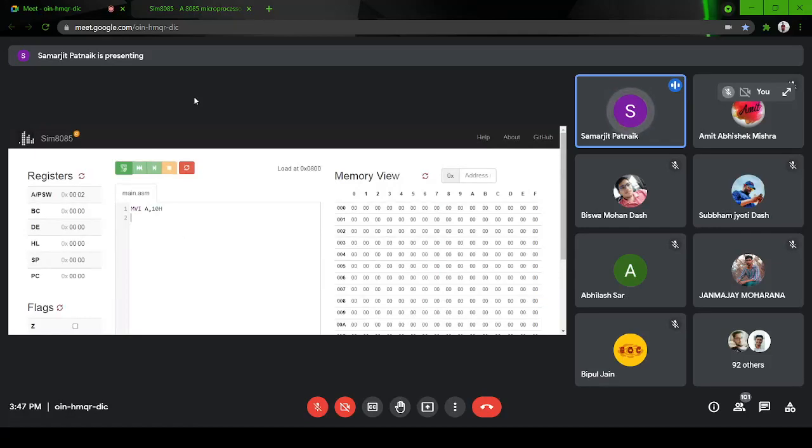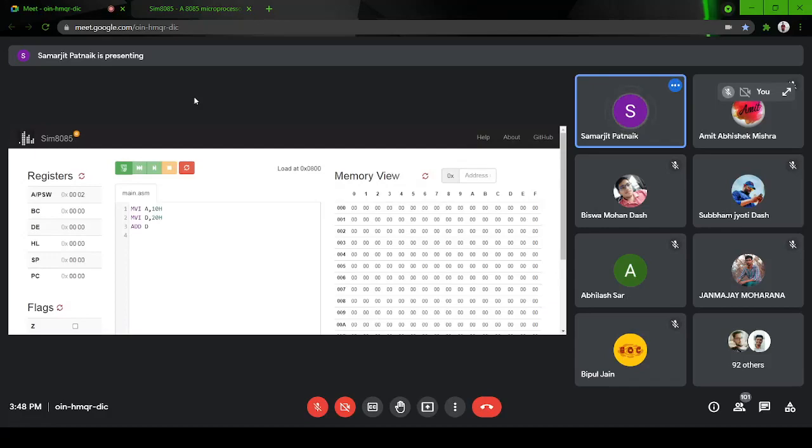Then suppose I want to move the second number into another register. I will write MVI, second register, let us say D, and the value 20. For addition of registers, I will write ADD D. After addition, my result will be stored in the accumulator.